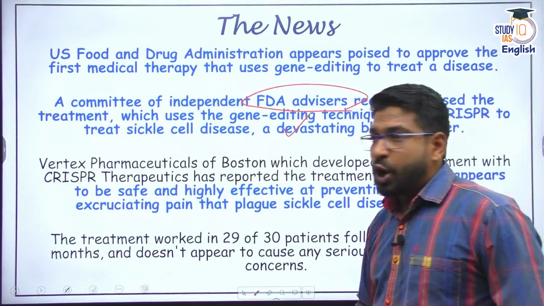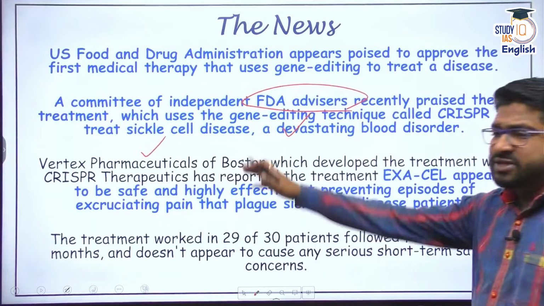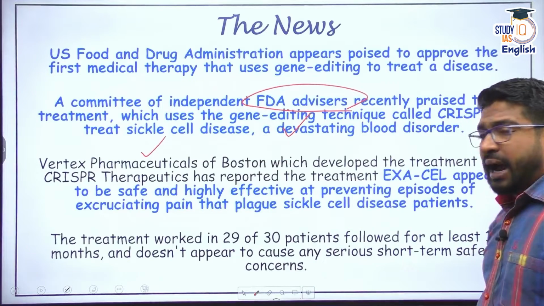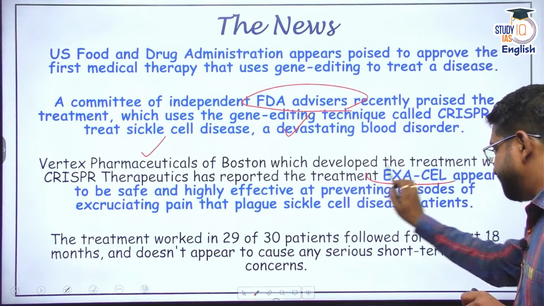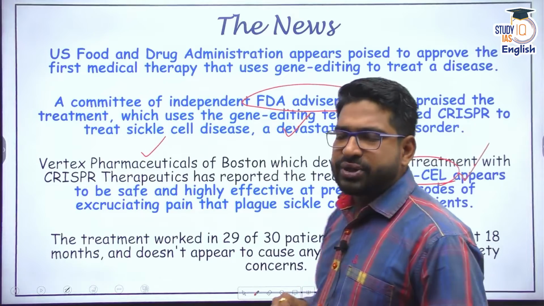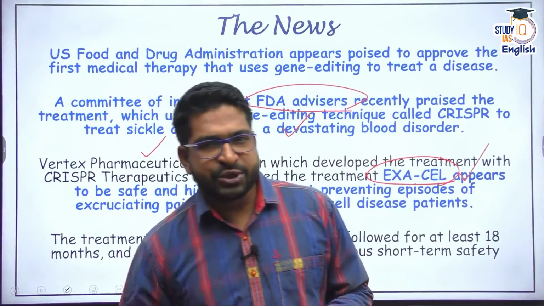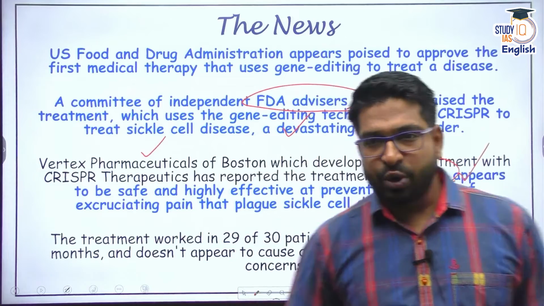The application has come from Vertex Pharmaceuticals. Now Vertex Pharmaceuticals works very closely with CRISPR Therapeutics, and both of them together have developed a treatment method called Exaccel. This Exaccel has been tested on around 30 patients, and out of 30 patients, 29 have shown great improvement